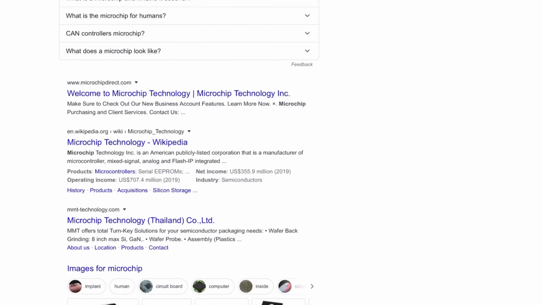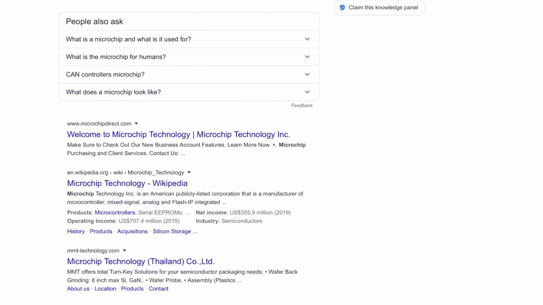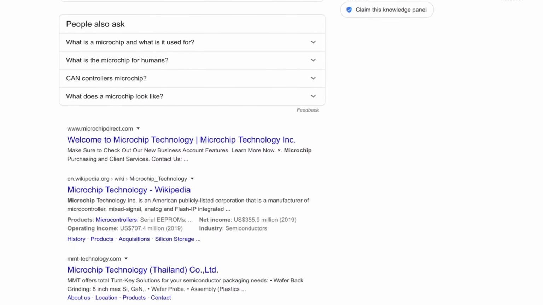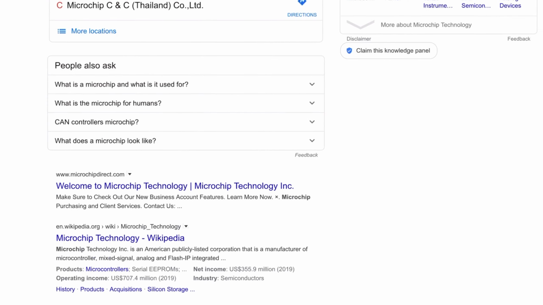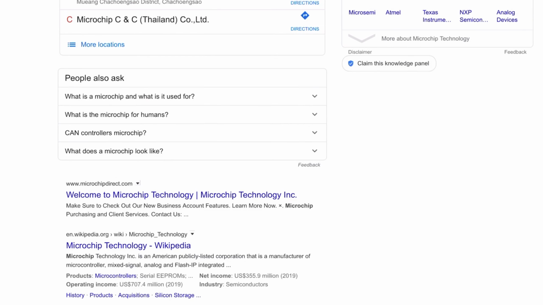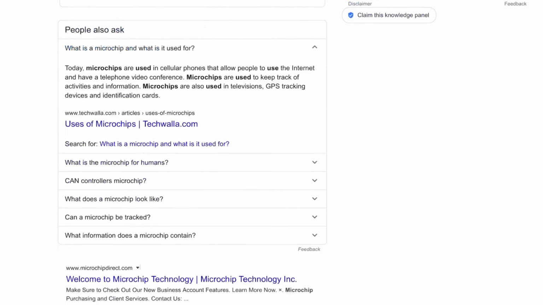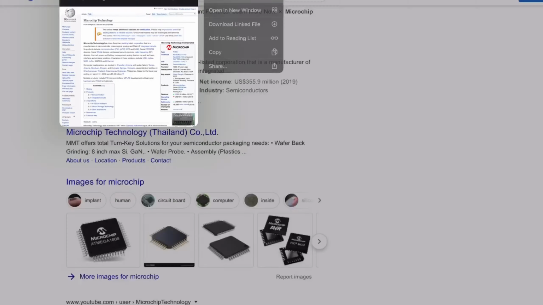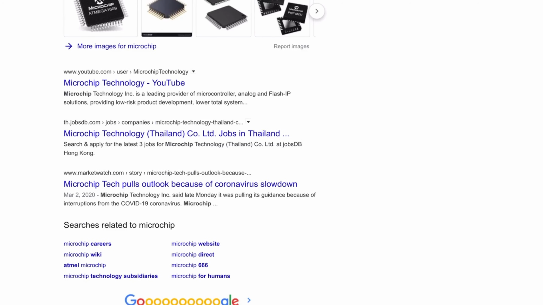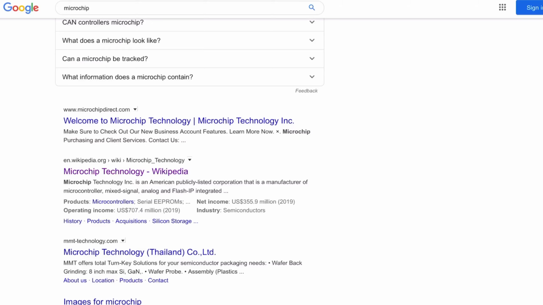So here we can go into the search, and in Google it says, some people ask, and it says, what is a microchip and what is it used for? What is a microchip for humans? Can controllers microchip? What does a microchip look like? So these are all very good links for us to start with in our very basic search. Now, if we just go into Wikipedia, for example, we can go and open up in a new tab, and also we can go into, there was another search through here,